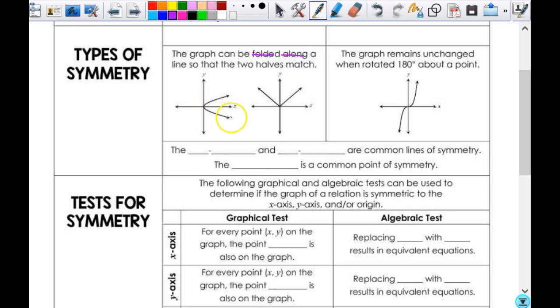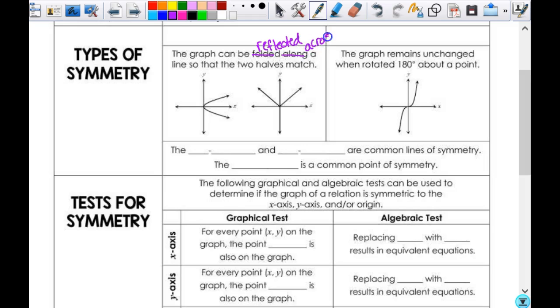This graph right here is related to the x-axis how? What can I say I could do with this graph and the x-axis? Reflect it. So if I took this graph, and this was my line of reflection, and I reflected it across the x-axis, it would just land back down where it was, right? If you pretend there was a groove dug out of here, and you were able to pick that up and reflect it over and then set it, it would just set right back down in that same groove, and you wouldn't even be able to tell anything happened. Does that make sense to you? Okay, so it's a reflection. It's not a folding. You don't take the top half and fold it to make the bottom half. That's not what's happening. So instead of being folded along, it can be reflected